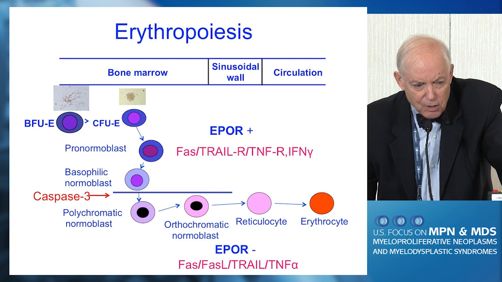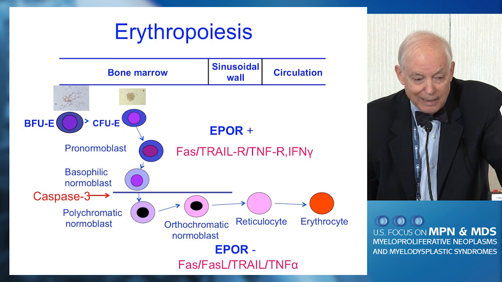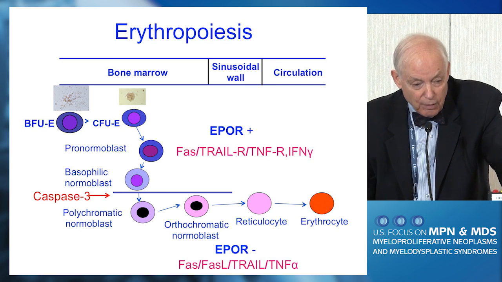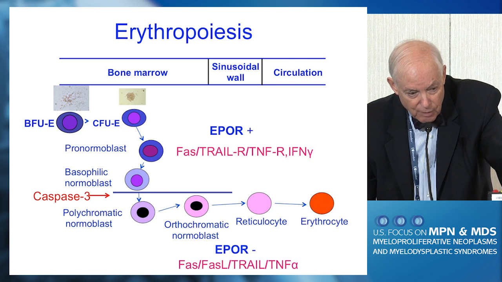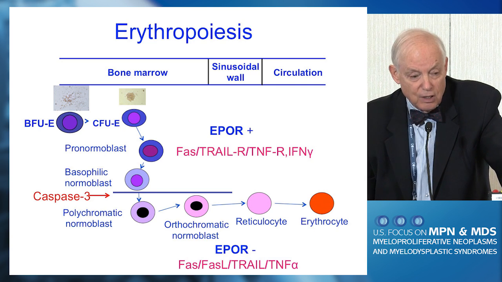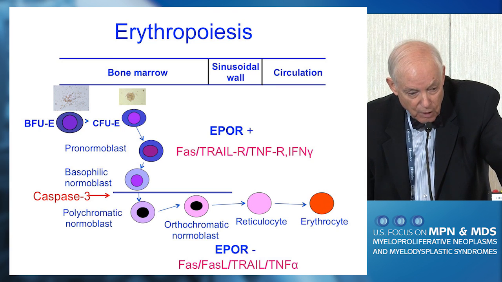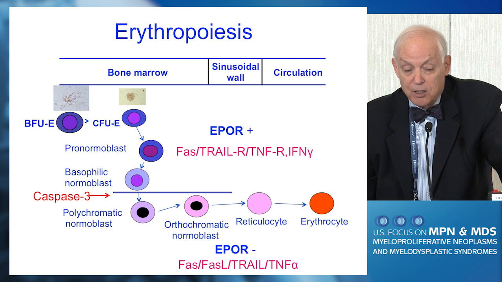But some interesting things are FAS and TRAIL and TNF receptor and interferon gamma and caspase 3, which is a death enzyme. And what are these things doing? Well, if you don't have these products, gene products, you can't mature a red cell. If you have these products and you don't have erythropoietin, the red cells die. Caspase 3 is to lyse the nucleus, but if you don't have erythropoietin around, caspase 3 is going to kill